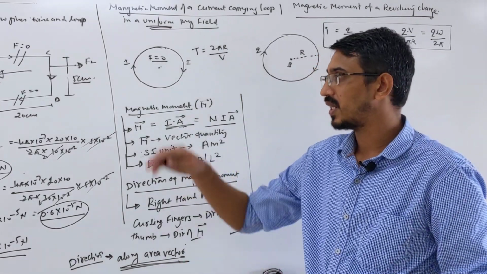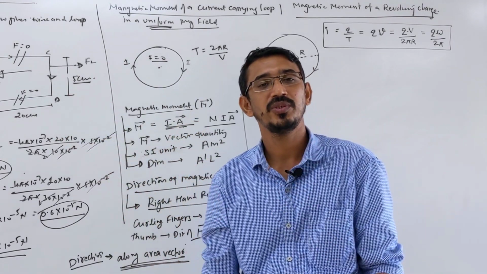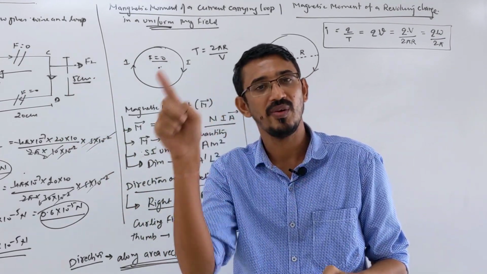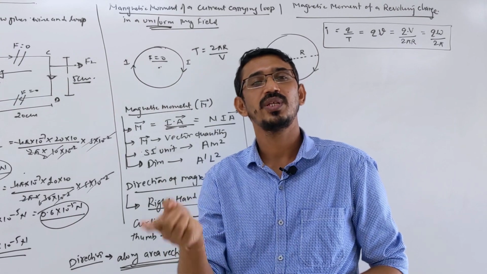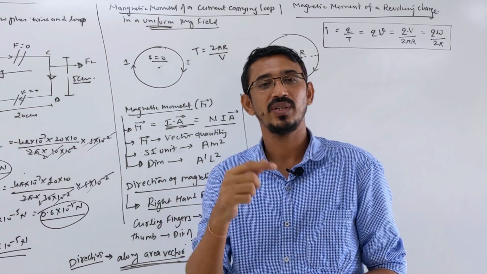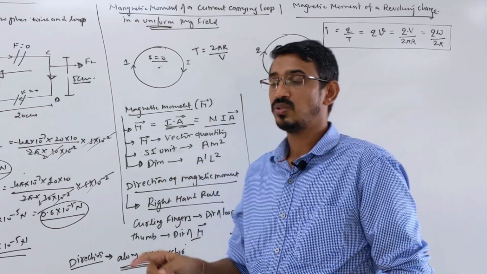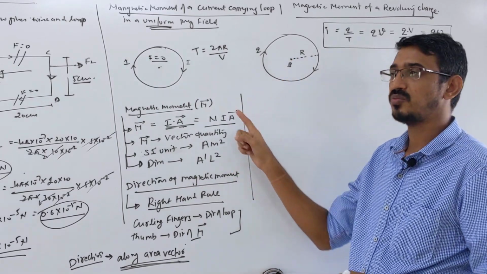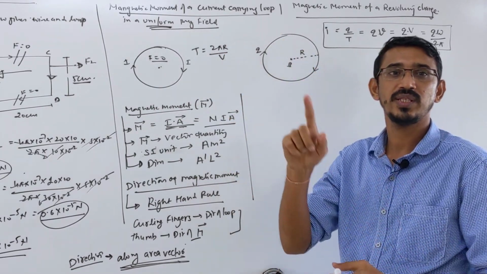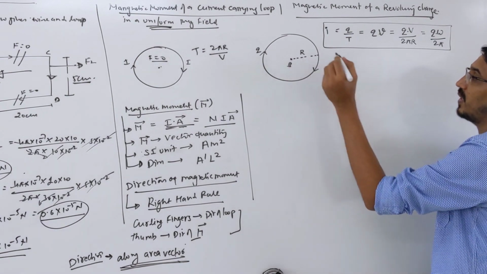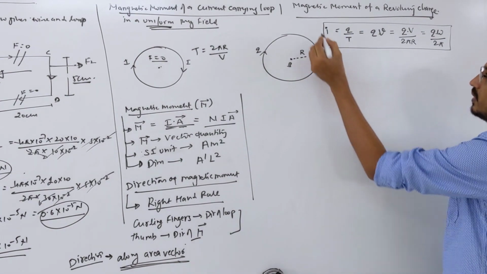A circular loop. At the start we learned the magnetic field due to a wire, then we learned the magnetic field due to a circular loop. So when current is flowing through a circular loop, what was the magnetic field at the center? It was mu naught I upon 2 pi r. So this is exactly equivalent: a charge moving in a circular path is just like a current moving in a circular path. So what is the magnetic field at the center? The first question they ask in the exam is what?